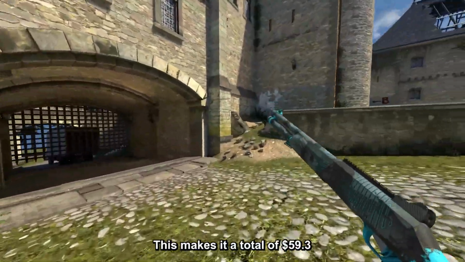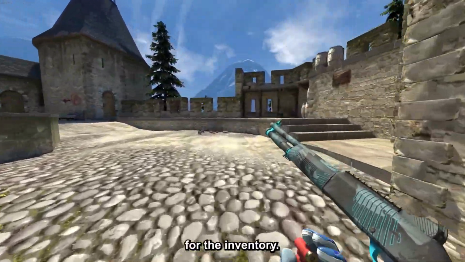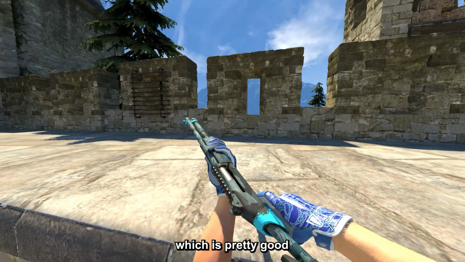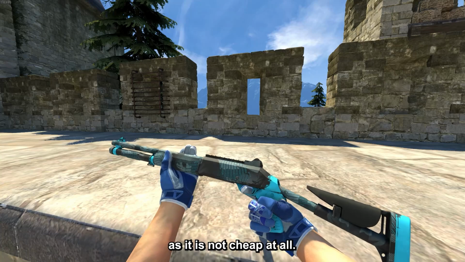This makes it a total of $59.3 for the inventory, so you can get all of these with a budget of $60, which is pretty good if you ask me, and this is an extra as it is not cheap